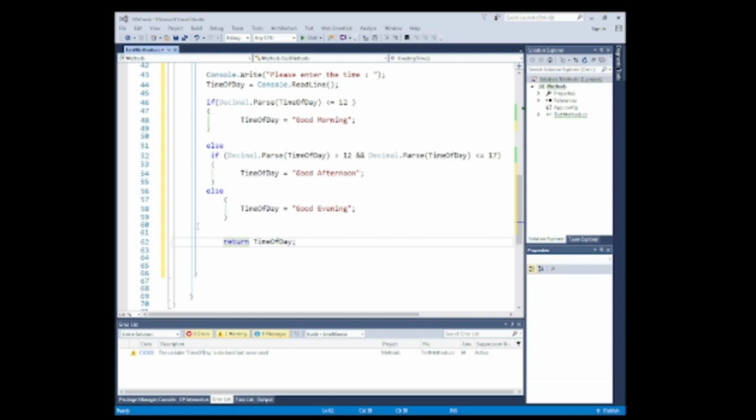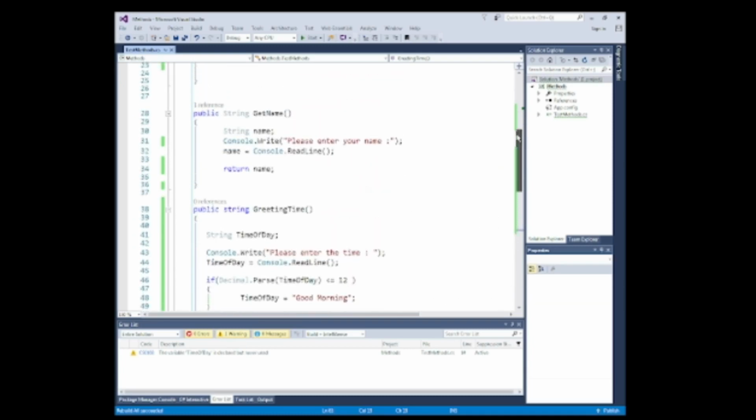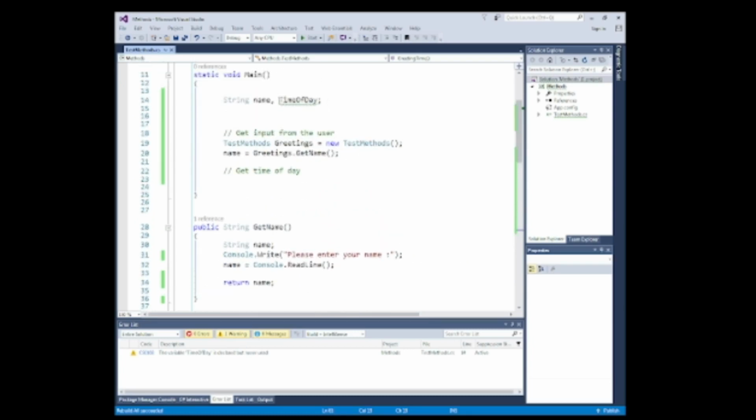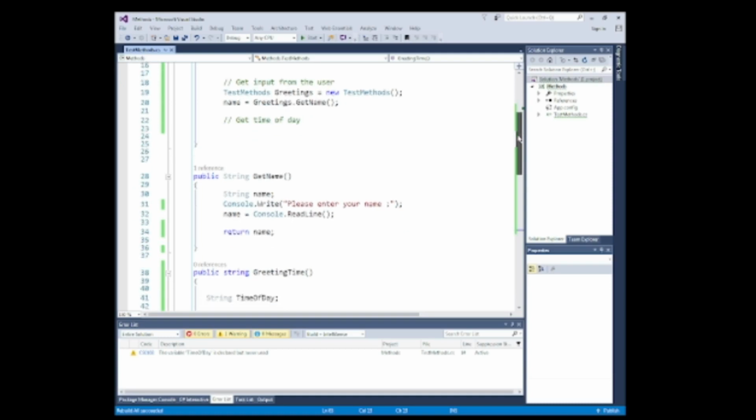Okay, so rebuild solution. Keep an eye on the errors. There should be 0 errors. We still have 1 warning, and we know why we have that 1 warning. At the top we declared time of day, which is of type string, and we haven't yet used it. So it's saying you've declared something, you haven't used it, maybe it's a good idea to delete it, but we know we're going to use it pretty much straight away now,